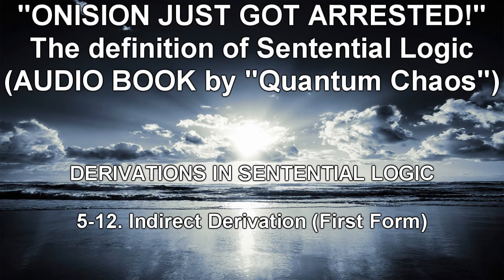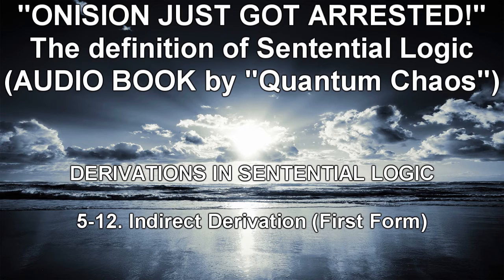1 P⊃Q, 2 P⊃~Q, 3 Show ~P DD, 4 Show P⊃(Q & ~Q) CD, 5 P as, 6 Show Q & ~Q DD, 7 Q 1, 5 ⊃O, 8 ~Q 2, 5 ⊃O, 9 Q & ~Q 7, 8, and 10 ~(Q & ~Q), 11 ~P 4, 10. Oh, this is an okay derivation, except for line 10, which has no justification. At this stage in the elaboration of System SL, we could introduce a new system rule that allows one to write ~(A & ~A) at any point in a derivation.